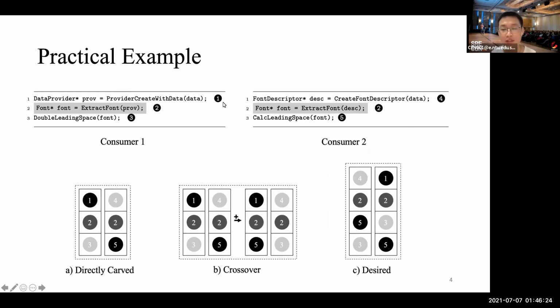For example, both the outputs of 1 and 4 can be used as the input of 2. Therefore, we can exchange their subsequences of 1 and 4. After this kind of crossover operation, we can get some new fuzz drivers shown in subfigure B. And the ideal fuzz drivers of these two programs are shown in subfigure C. Comparing these results, we can conclude that this kind of crossover strategy cannot give the best answers,